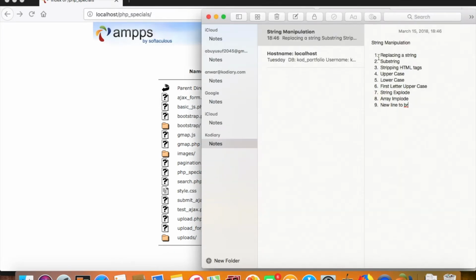They are like replacing a string. If you want to replace some character in a string with some other character, how do we do that? To get some substring of a parent string, how do we do that? To strip all the HTML tags from the string, how do you do that? In order to convert the string to uppercase, or to lowercase, or if you just want the first letter of the string to be uppercase and the rest of it to be in lowercase,